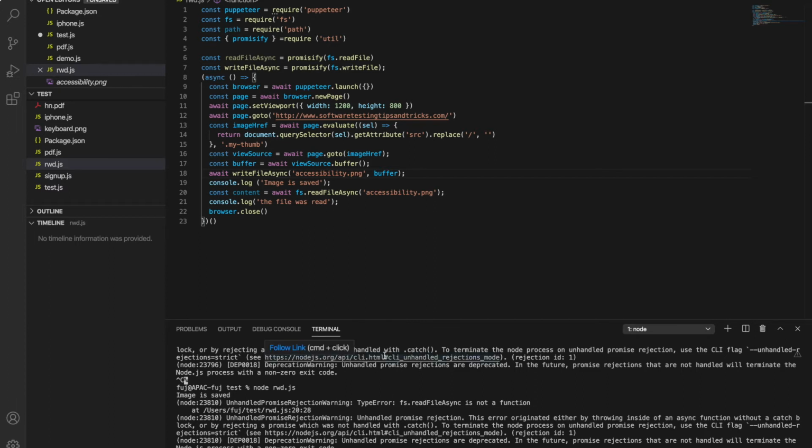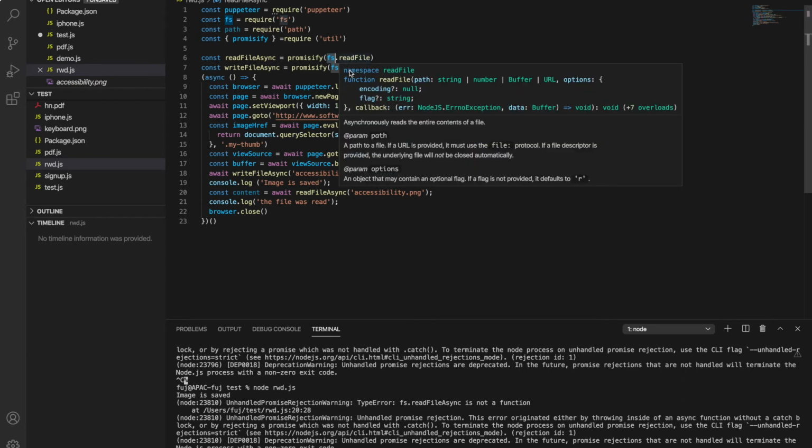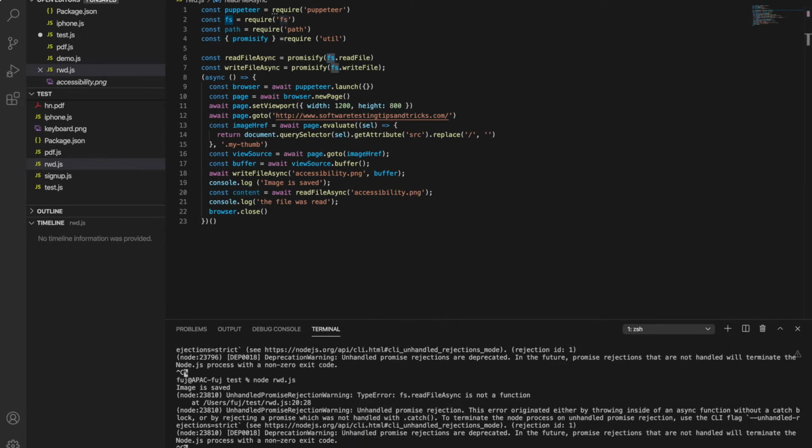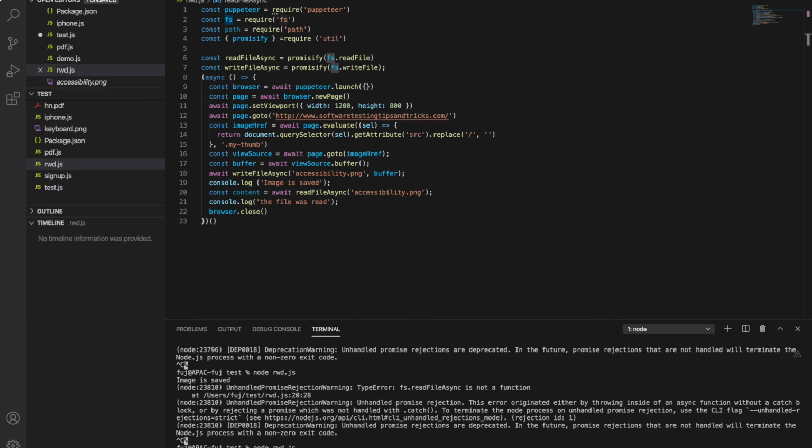And this is saying fs.readFile is not a function. So how we used writeFile here, we can directly read the file. We already use fs here, so we don't require to use it again. This is already doing fs readFile and promisify on there, so we have already defined the function. These are basic mistakes we all do, because I am also learning with you guys.